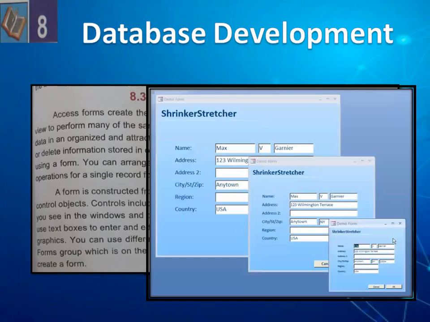So here on your screen, you can view a form. This is a demo form, or a simple form you can call it. So here we have name, address, city, region, and country. So with the help of this form, the user can interact, the user can enter a new record. The user can delete a previous record, can make edits and changes, and with the help of this form, it can navigate easily to the first, second, and third record. So this is a user interface in which the user can interact with the database and navigate easily.